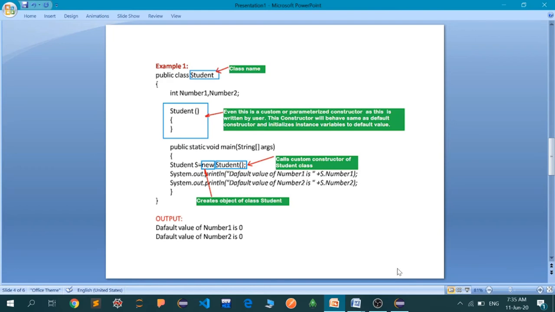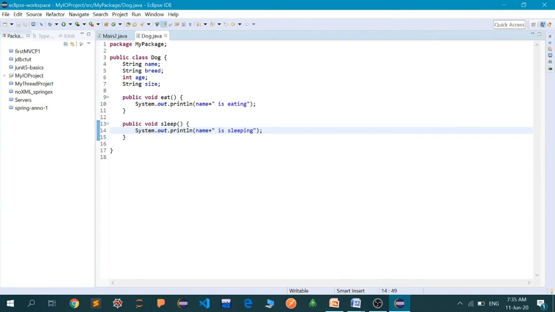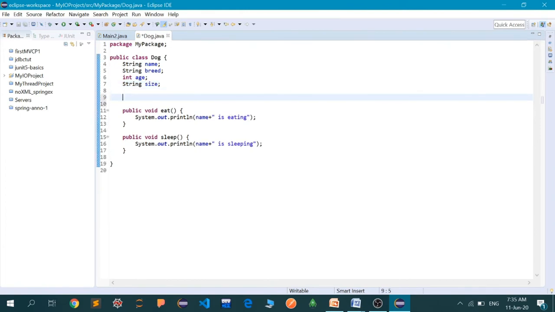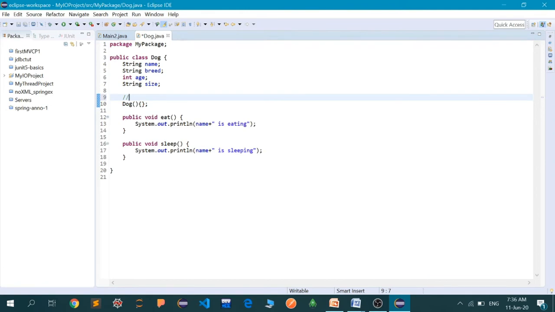Let's try to implement this in our IDE, in the example we saw in yesterday's lecture. Now I'm going to insert my not default, but my custom constructor. All I have to do is write the name of the class as it is, and the argument brackets, which at this point I'm going to leave empty, and that is it. Now this is my constructor. I will comment it as my custom constructor,